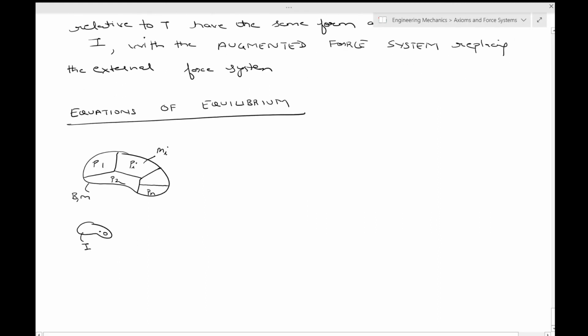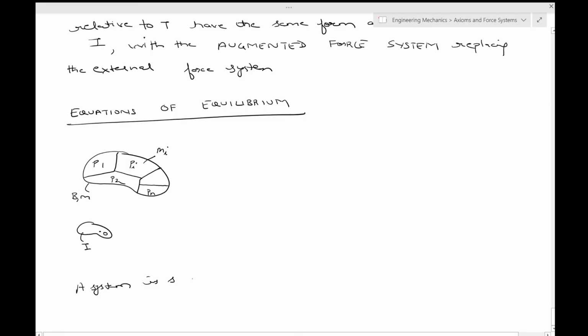Let's see. I will keep on drawing this. So if this is the body which you have, it has a total mass m, body B, total mass m. Obviously you are seeing all this from the I frame, and clearly it indicates that the Euler's axioms are in play. So a system